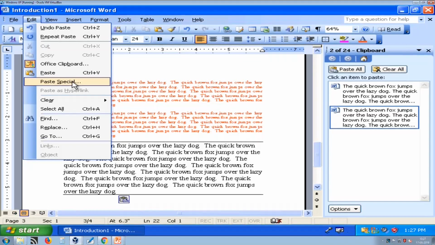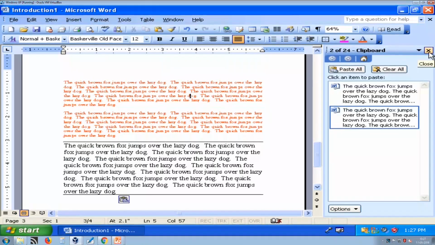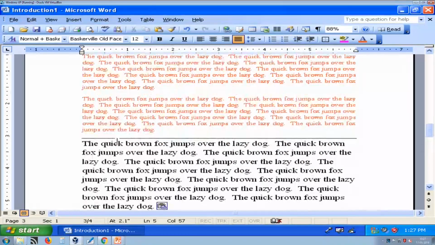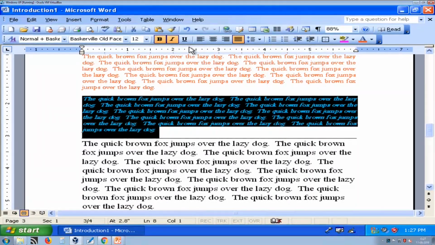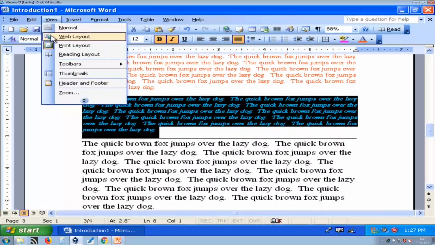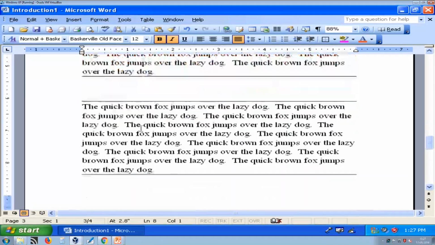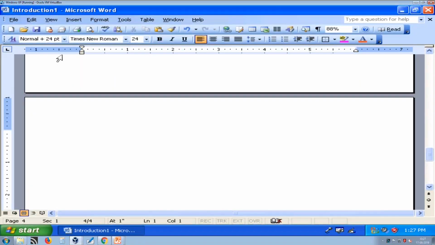Now, paste special, this is an important feature of Word. So, I am hiding this. Now, suppose I have this text with certain formatting, like bold, italic and color format. Now, I am copying this, but when I paste I need plain text.